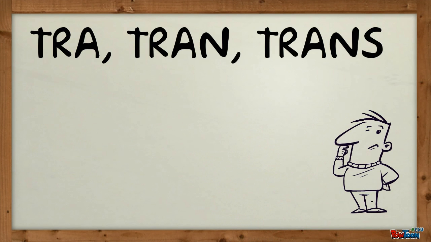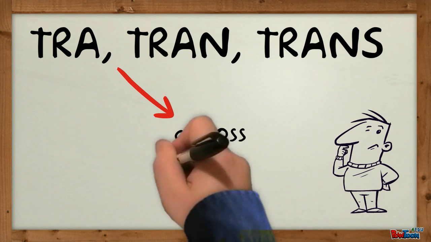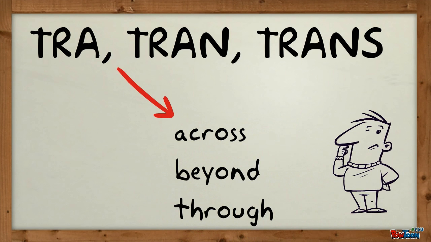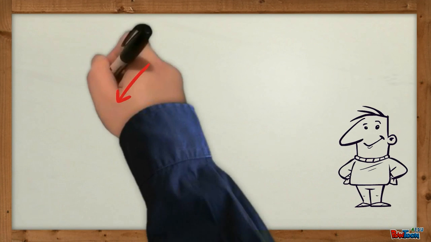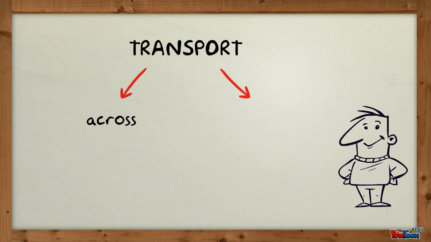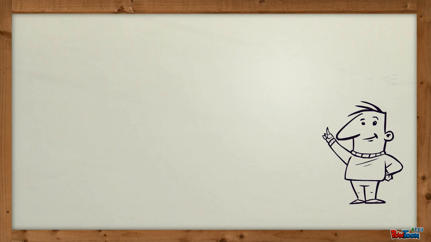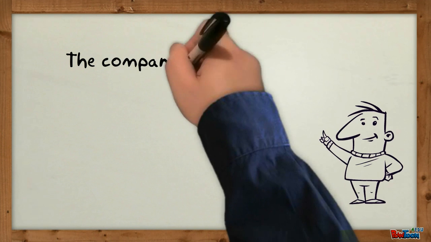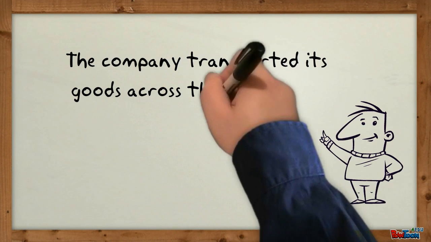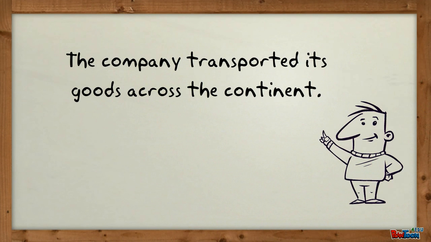Next, we'll look at some words and start with tra, tran, and trans. Again, they mean across, beyond, or through, and they come from the Latin. Take transport. Trans means across, and port means to carry, so transport means to carry across. So the sentence, the company transported its goods across the continent, means the company sent its products to the other